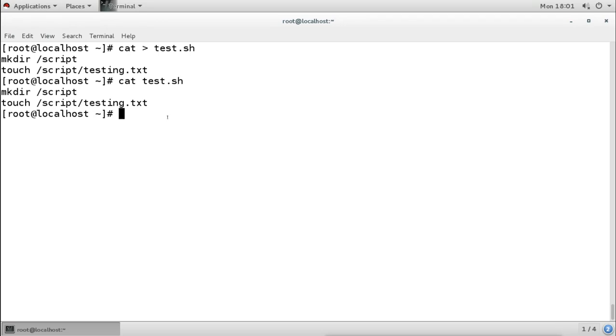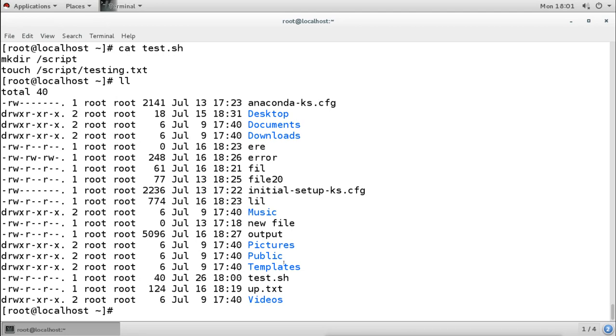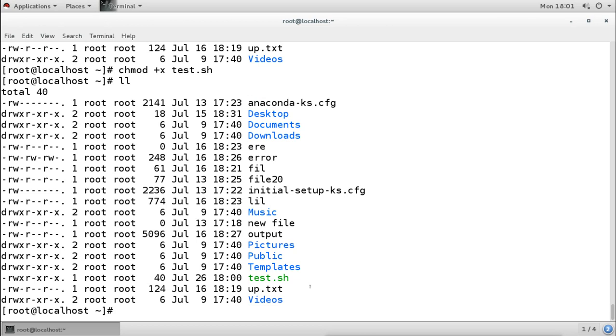Now it does not have the execute permission. It is not showing green because it does not have execute permission, not even for the root user. So I will give the execute permission to myself. I will say plus execute on this file. Now the root user and the other users also get the execute permission, and I can execute it. I will run it by giving the local path or even the absolute path, or I can run it by using the command sh.